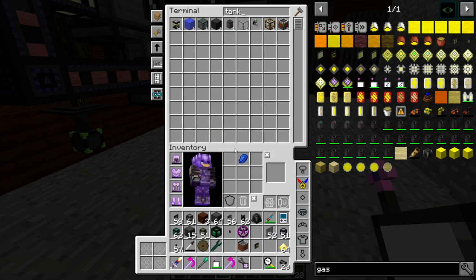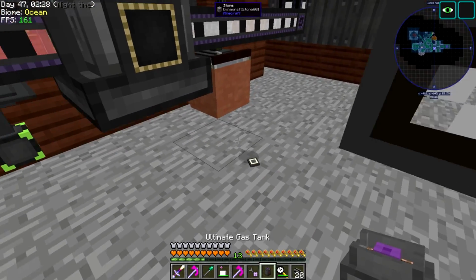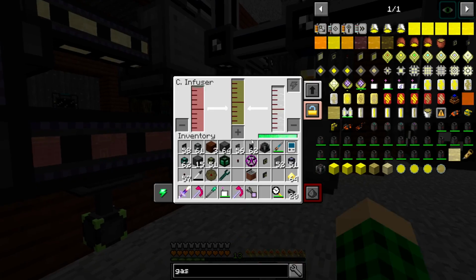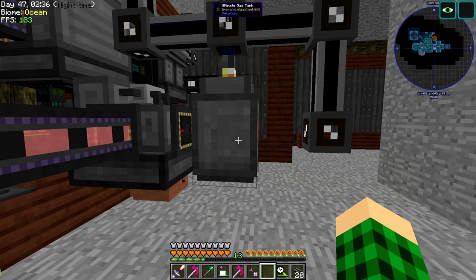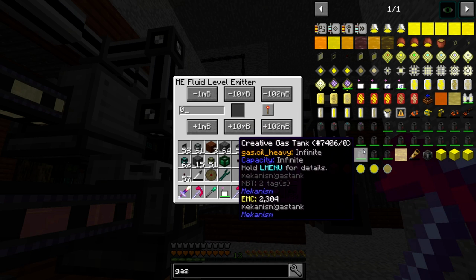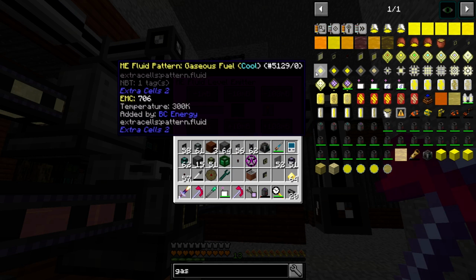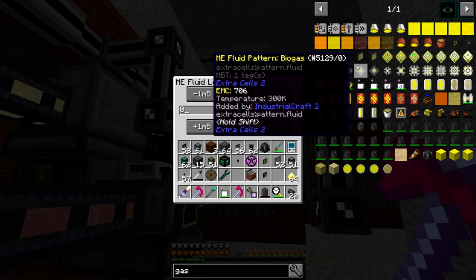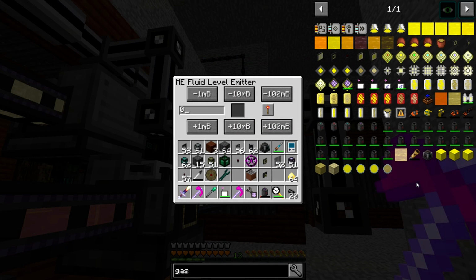So if we grab a tank, like this ultimate tank, and if I put this over here, I assume this is gonna put in sulfuric acid. Okay. And can I then use this to filter? How does one filter the gas? Because there's gas cells, there's nothing that can do gas buckets. Biogas, gases, brine. Maybe this doesn't work with